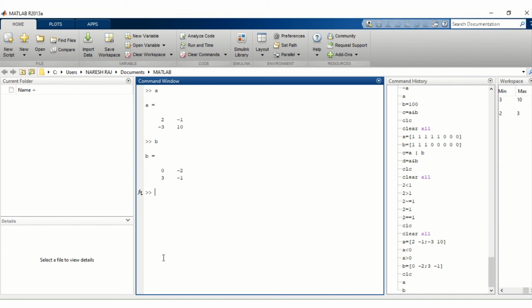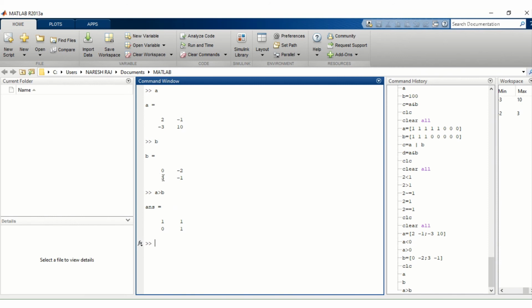Now we will perform the relational operator on these matrices, comparing the two matrices with the help of relational operators. Now we will see A is greater than B. Here, the element of A which is greater than the corresponding element of B gives true, and then the value 1.